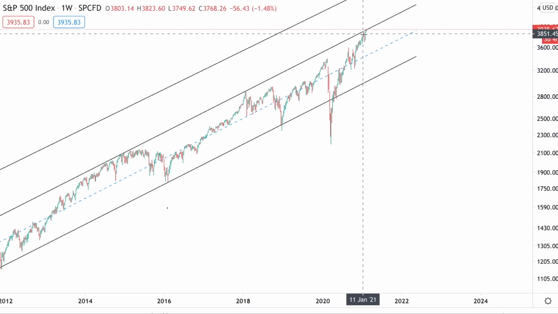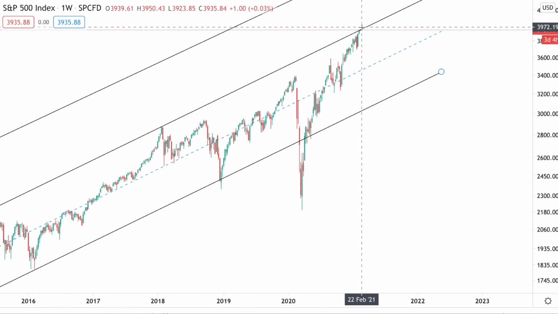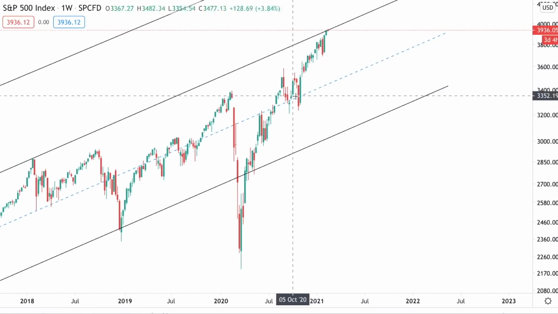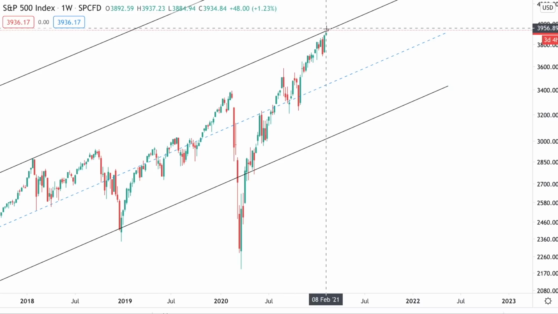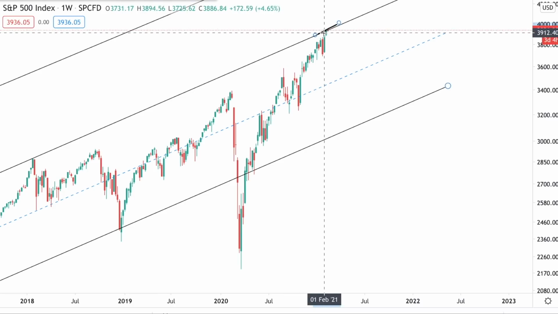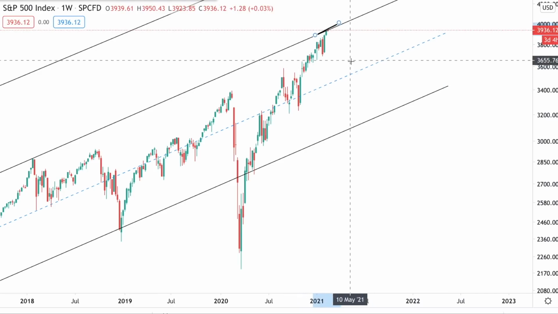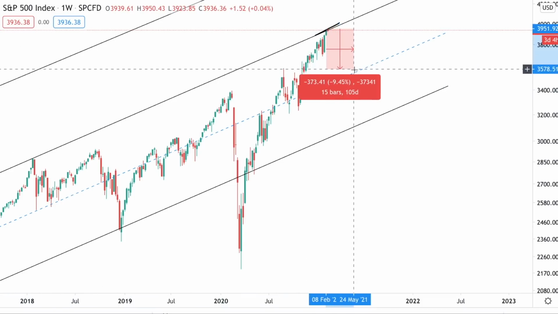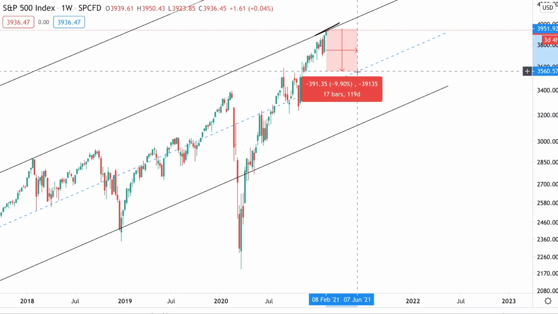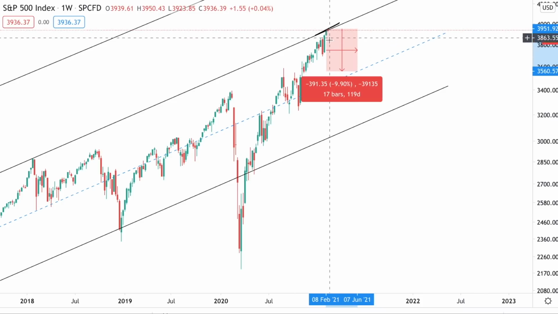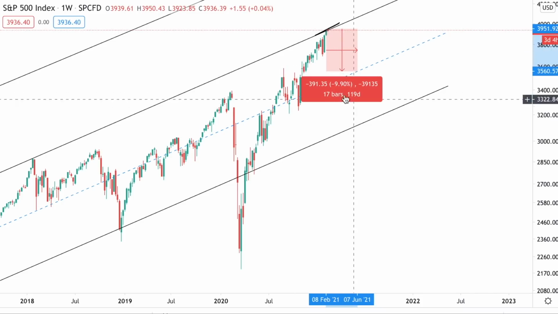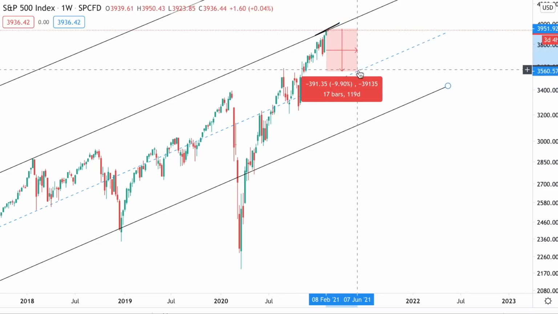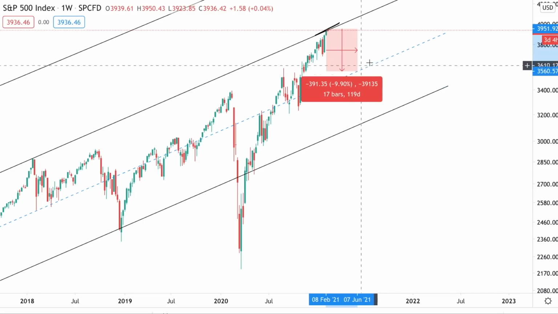Now, if we get rejected of this level here, because we are in an overextended trend, right? We've been rallying up for multiple weeks. If we get rejected here, we could see a move back down to that blue line, right? And so that wouldn't be a full crash. It would be around a 10% correction from current levels, and that's actually a typical size for a stock market correction. So if we see that kind of a move down and then we hold a support at that blue line,